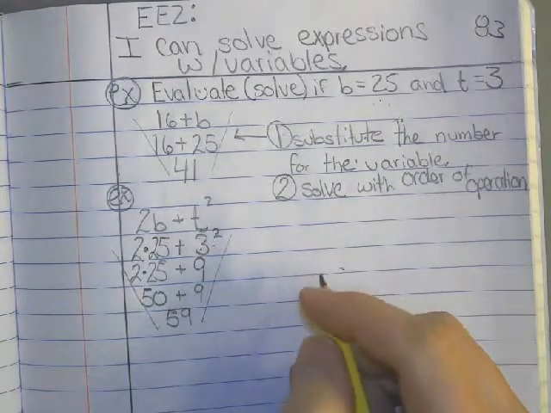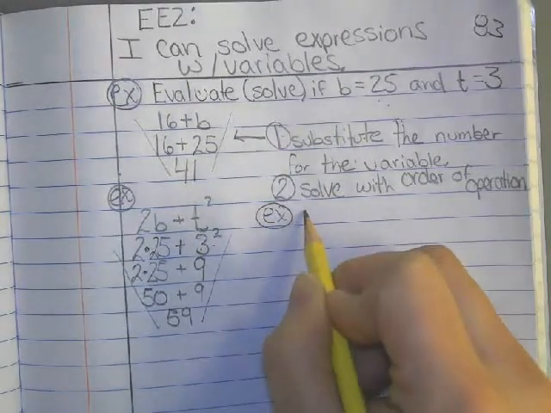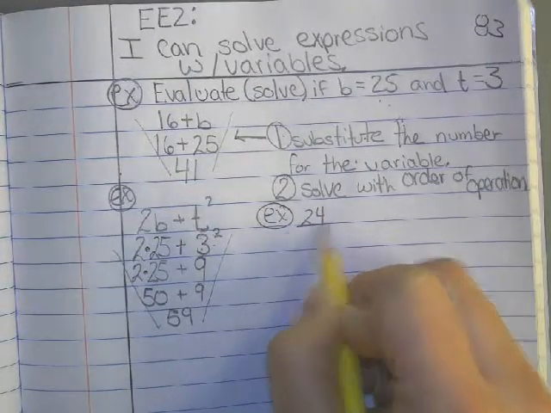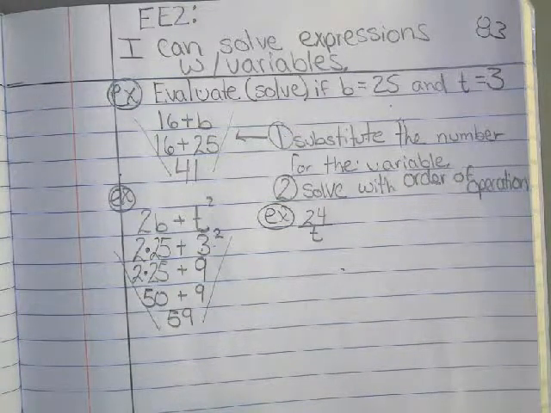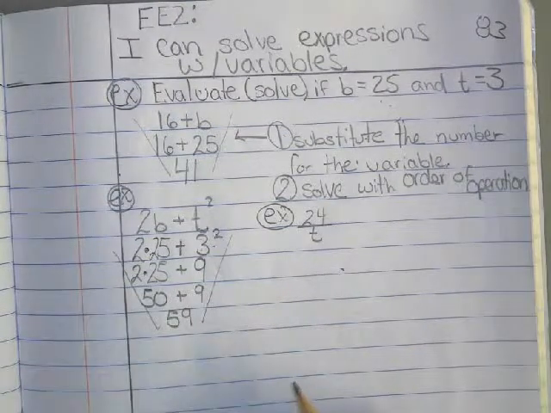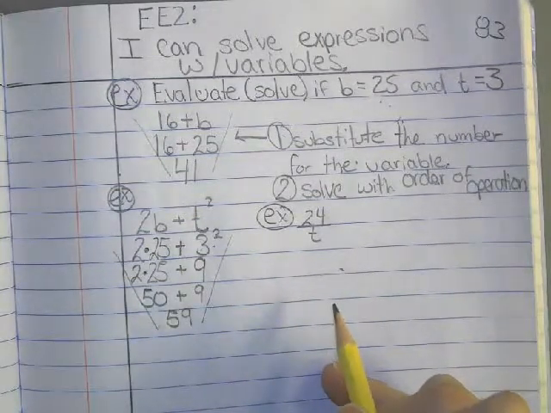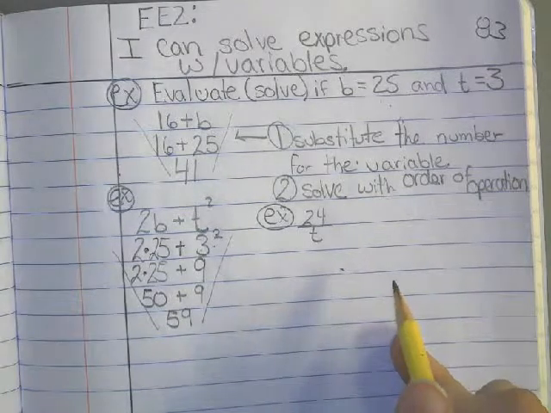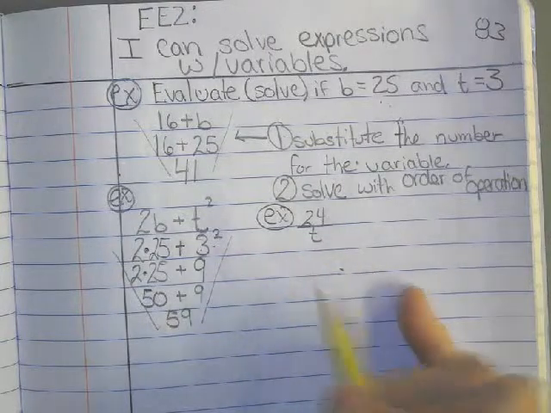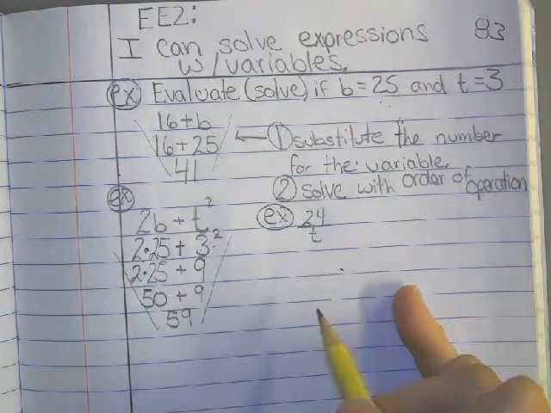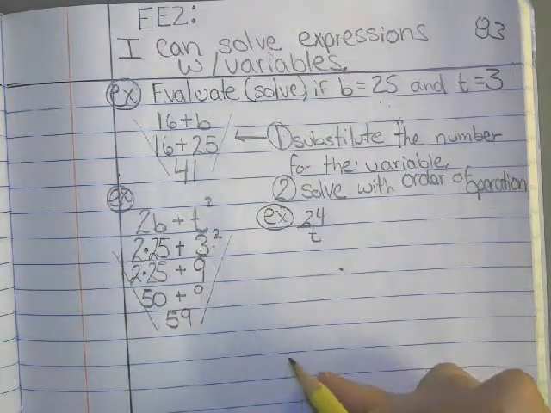Okay, so I want to make a little note here. One more example of 24 over t. Now a lot of you had some problems on the quiz with the fractions. And this is part of the learning process for you guys, learning when you need to leave things as fractions and learning when you need to use that fraction as division and go ahead and divide. But you've got to start working towards knowing that information. Okay, bottom line is,